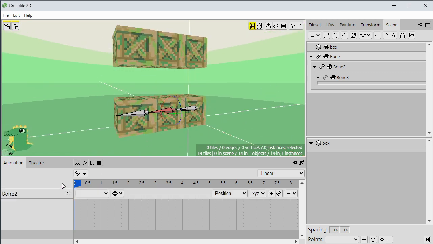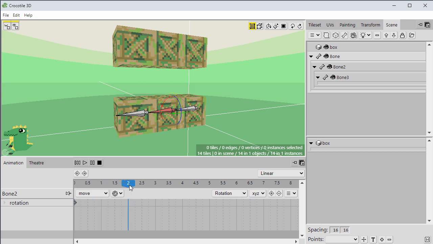So you can select a bone and it appears on this list here, and you can have a list of the actions here, but since we haven't added any, we could add a new action and rename it. We'll call it move or something like that. And now you could choose which attribute to animate. You could animate the position, rotation, or a combination of them. In this case, we'll just animate the rotation of this bone, and we could add a keyframe,